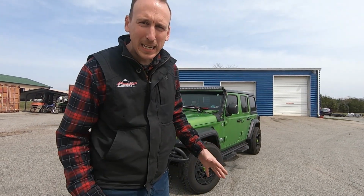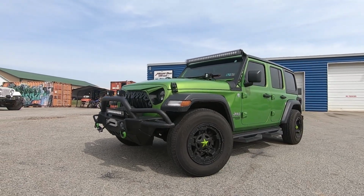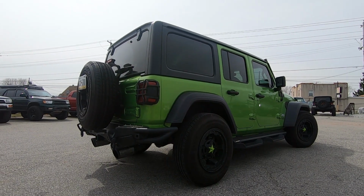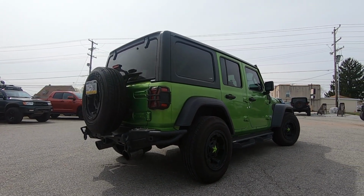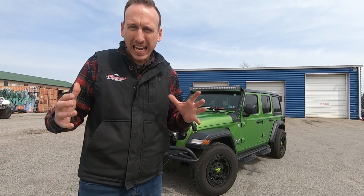So a customer out of Maryland brought us his 2019 Mojito JL Wrangler for some serious upgrades. As you can see, he's got a good head start on a bumper, a bunch of lighting. We previously did an S-Pod to manage all that stuff, and now he's back and we're doing some serious stuff. We're gonna beef up the steering with some awesome parts from SteerSmarts. While we're underneath there, we're gonna change the gears out and do a 488 ring and pinion swap from Revolution